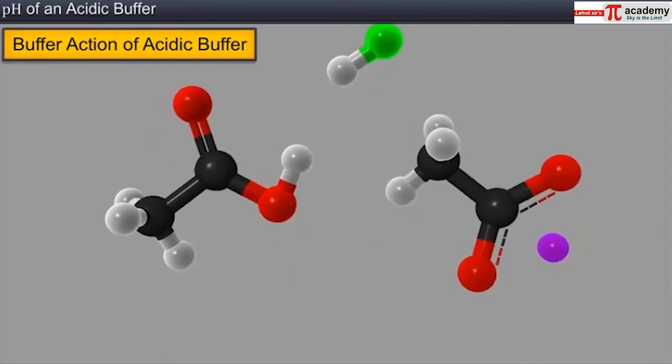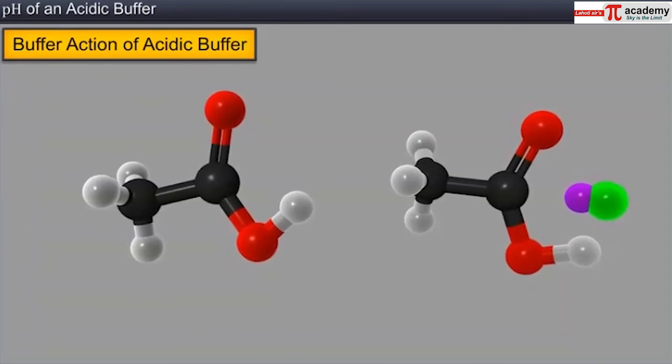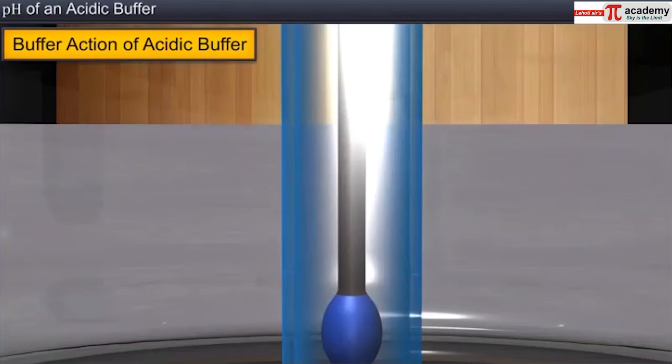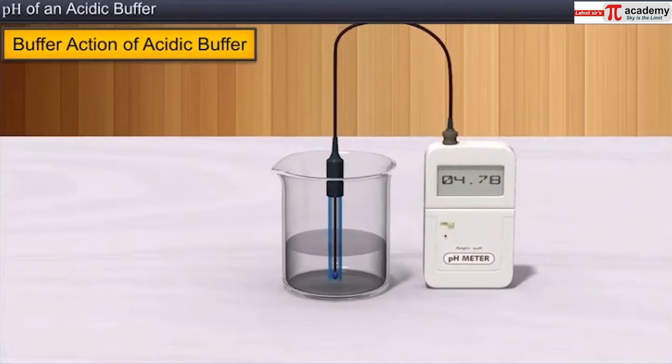The hydrogen ions will then combine with the acetate ions to form weakly ionized acetic acid. Since the newly introduced hydrogen ions are neutralized by the acetate ions, there will be no change in the pH